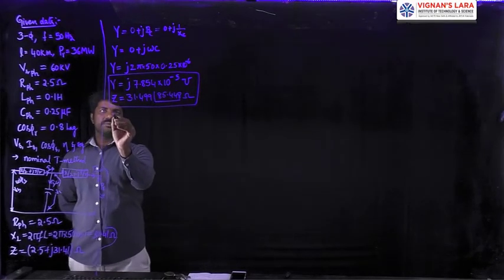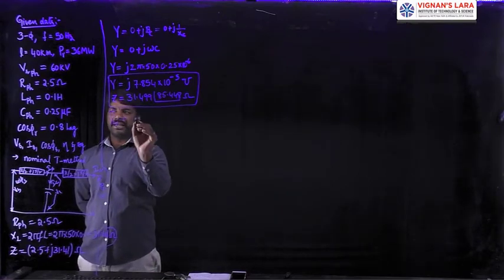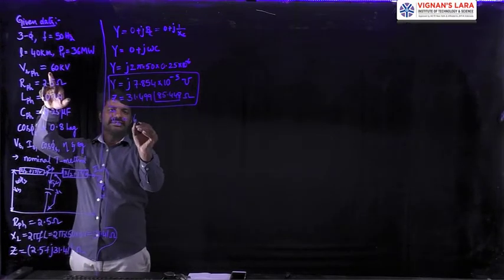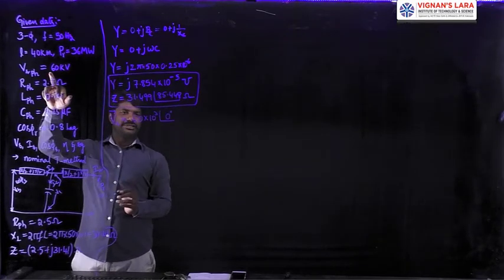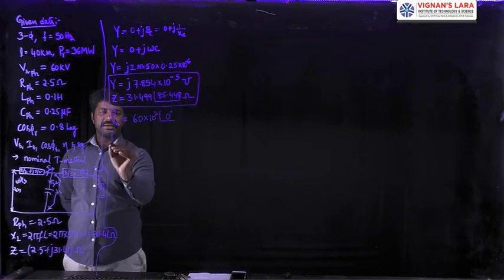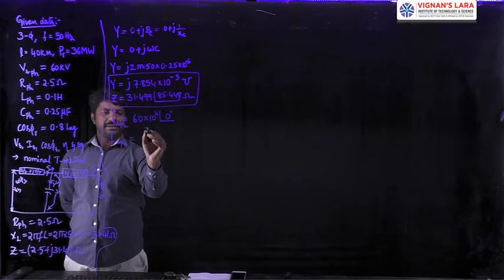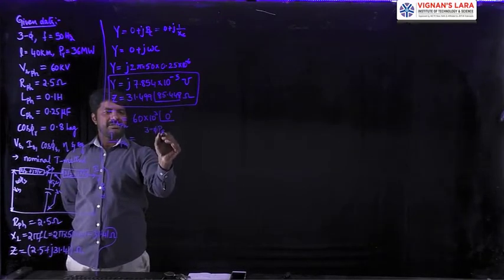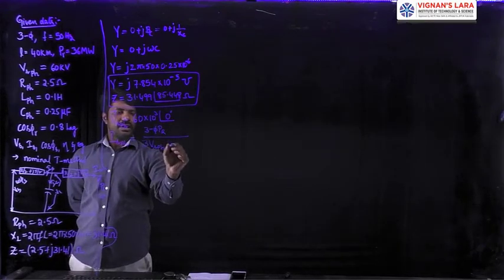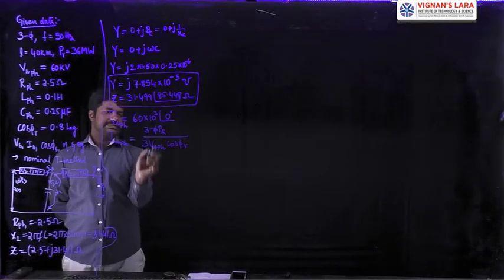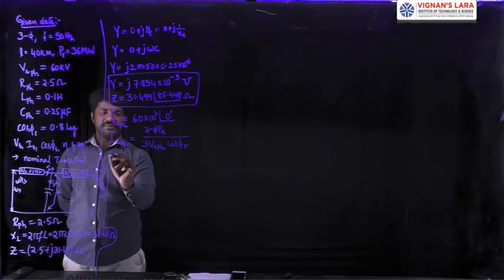Let me start my solution with this Z and Y. VR is taken as a reference. Since it is per phase, I can directly use that per phase value as 60 into 10 power 3, at an angle of 0 degrees. Next, the current IR per phase is to be calculated. That is power PR, the 3 phase power at the receiving end, divided by 3 VR phase cos phi R, because power P is equal to 3 V phase I phase cos phi. The same formula I am using here.